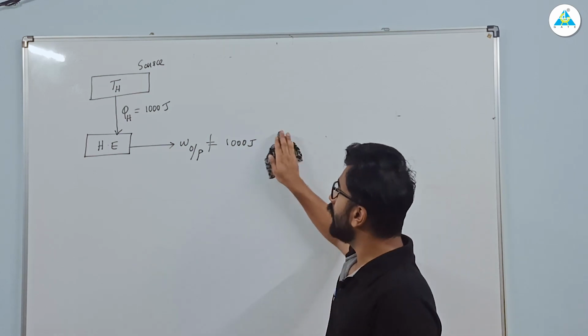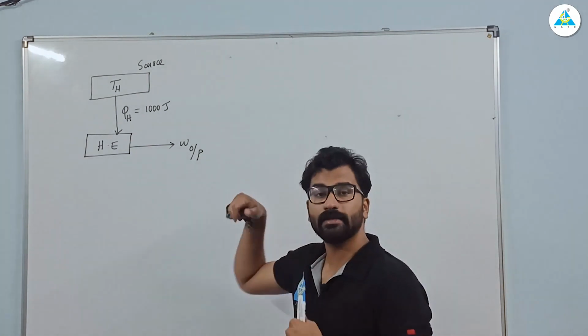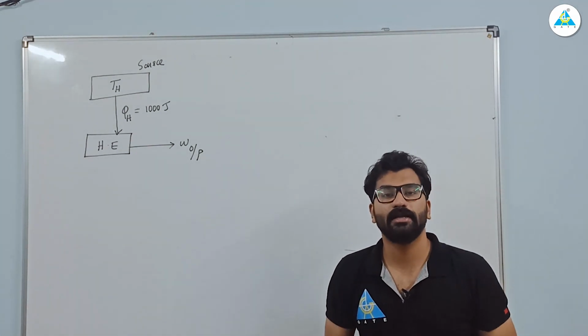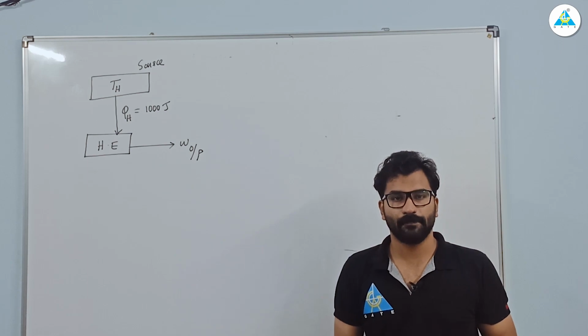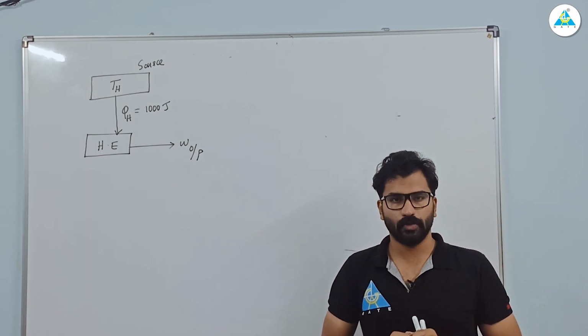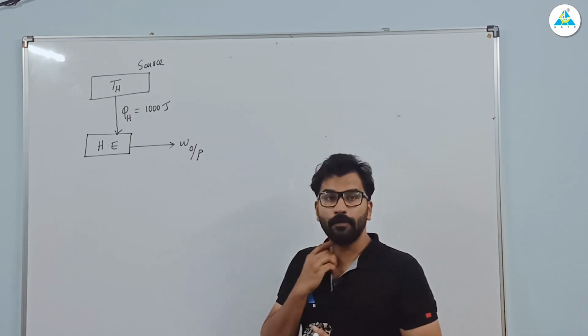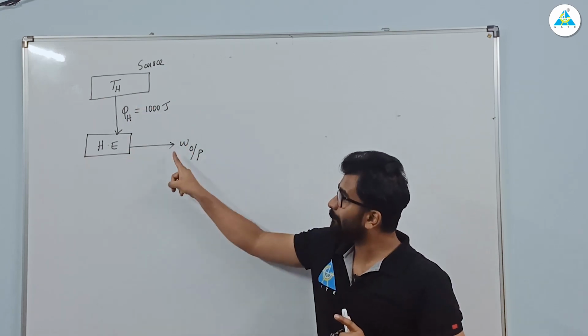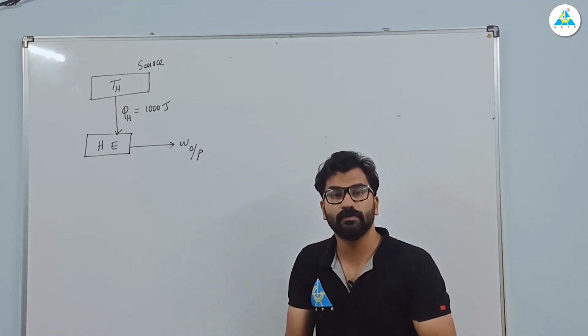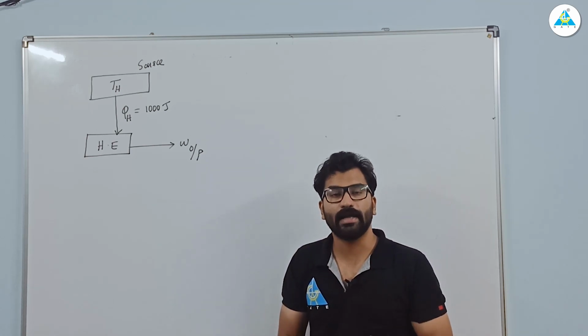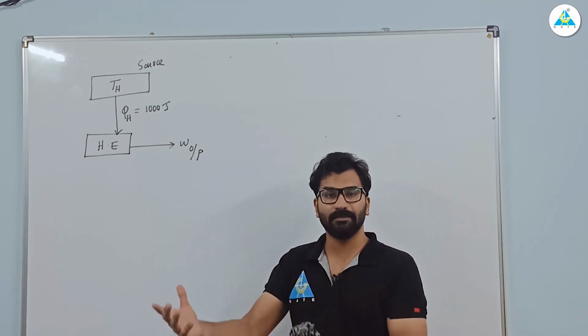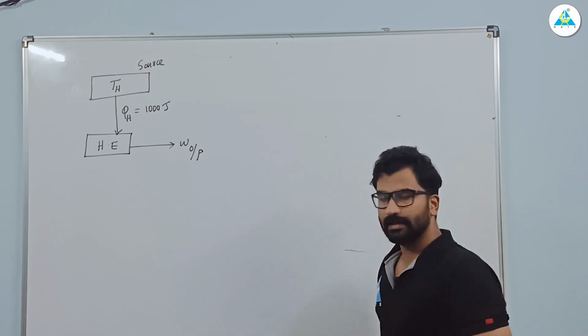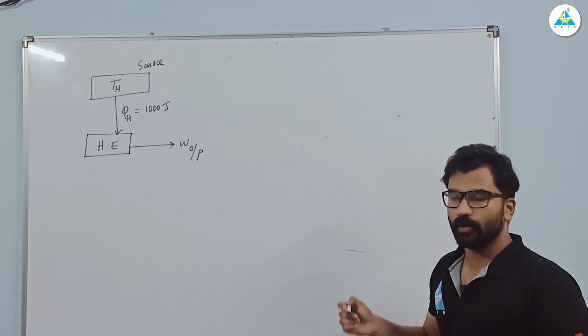Now, how much maximum we can convert, that is what we find by the second law of thermodynamics. I hope now you are able to understand it, right? We have taken 1000 joule from the high temperature source, so up to what value we can convert it to work, that is what we are interested in. That will be your maximum theoretical limit. Okay? So this is the same, right? What happens in the GATE exam?